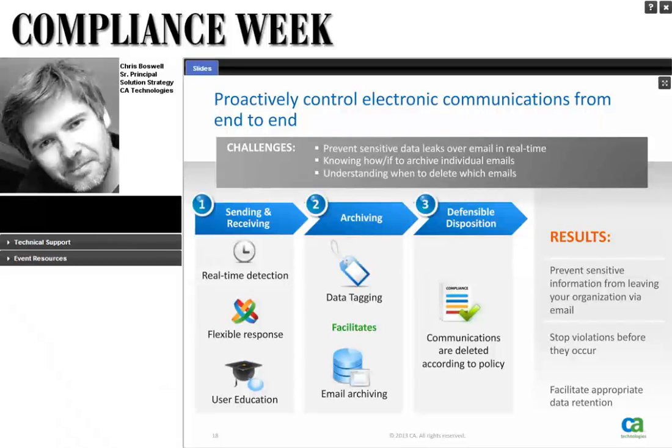So when we talk about control, which is very important in a supervision program, we're really talking about three basic things. One is the sending and receiving of information. Think about the slide I had earlier, where we were talking about tools that organizations have in place, like e-discovery. E-discovery is discovering it after the fact. Wouldn't you rather be able to prevent, or provide guidance to the end user that they're doing something that is placing your organization at risk, and give them the opportunity to respond by not engaging in that risky activity?